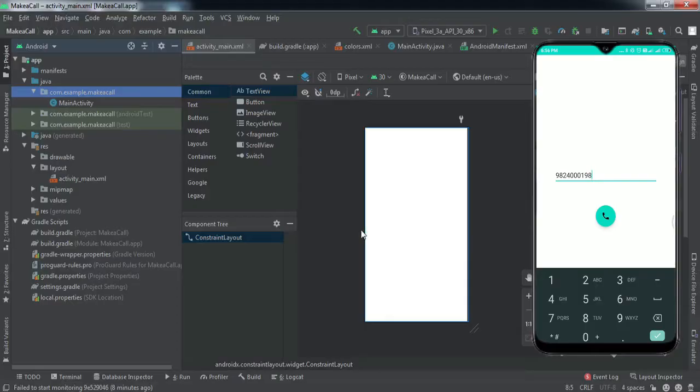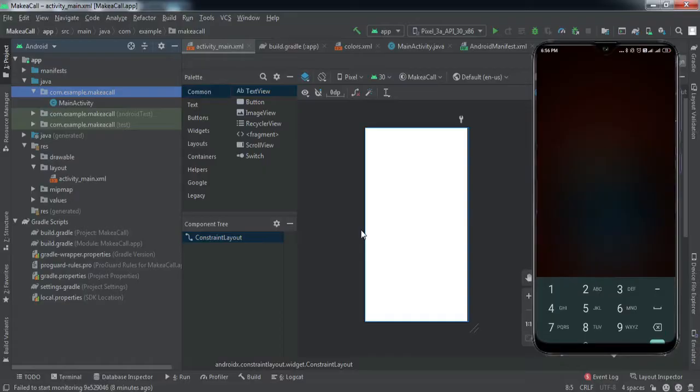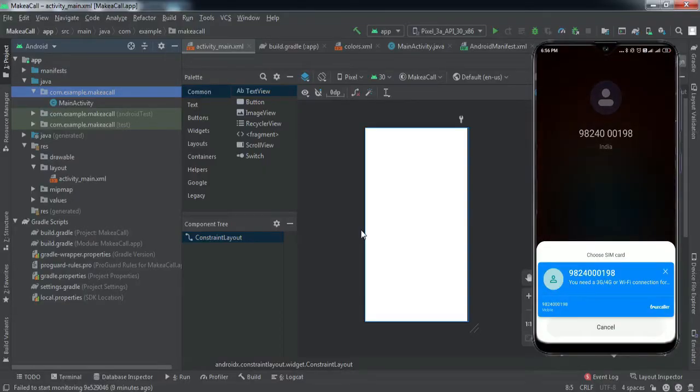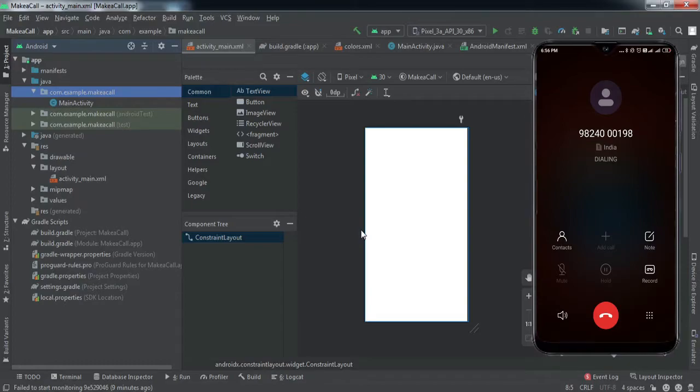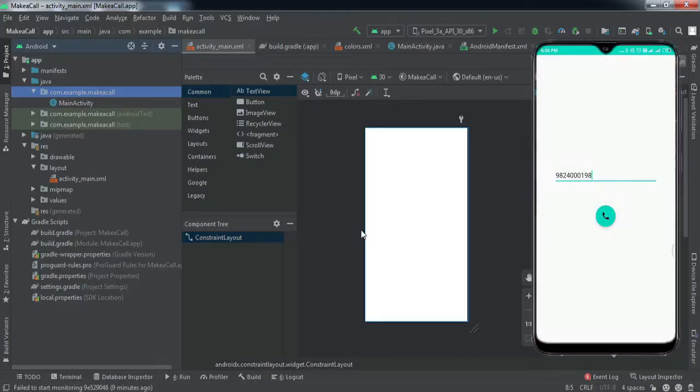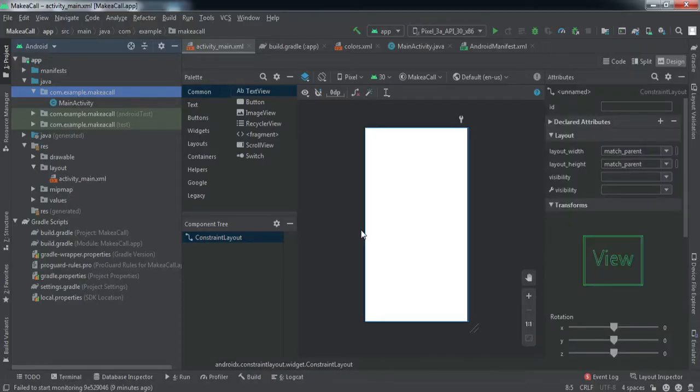Now if I just click on this calling button, here you can see it asks for the preferred network. So here you can see the number is dialed. So this is what we'll be getting by the end of this video, right? So without wasting any time, let's get started.